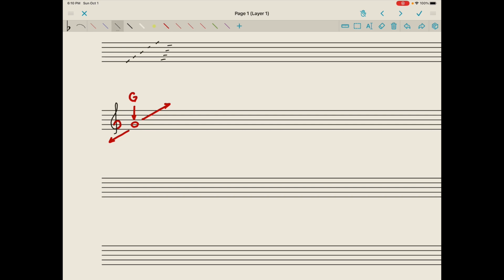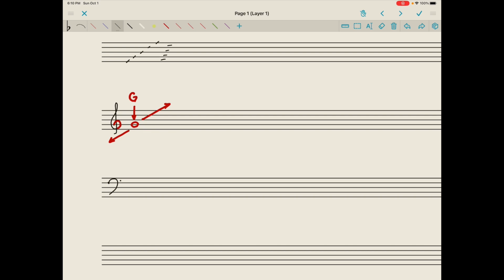We also learned about the bass or F clef. This is used for the left hand of the piano, men's voices, and lower instruments. And we started on line 4, bump up to line 5, draw basically half a heart, stopping just under line 2.